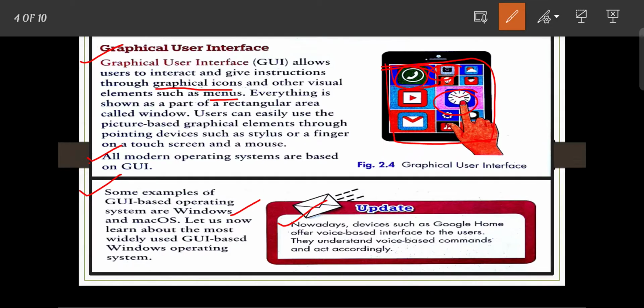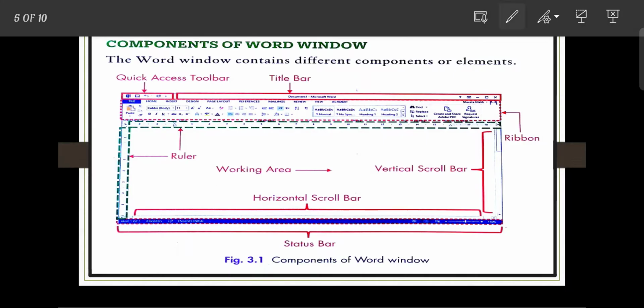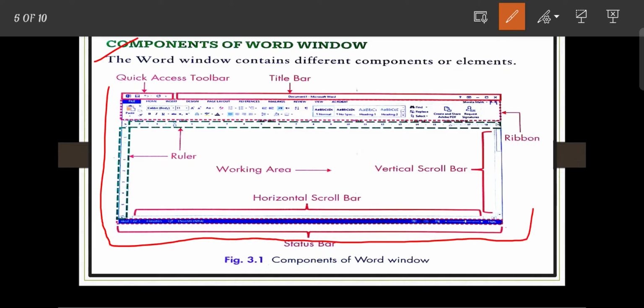Next is the components of MS Word window. So the Word window contains different components or elements. Here you can see this is the main window of Microsoft Word